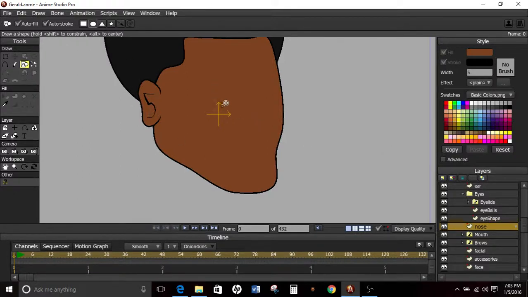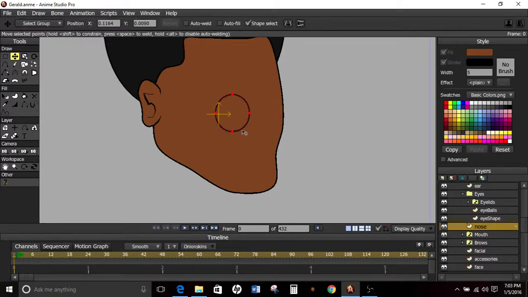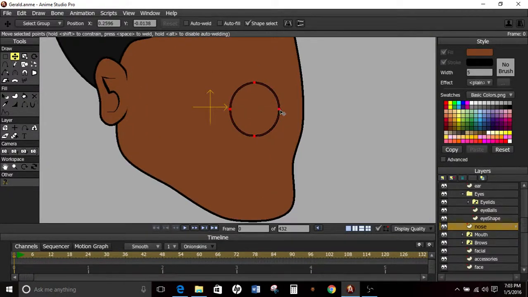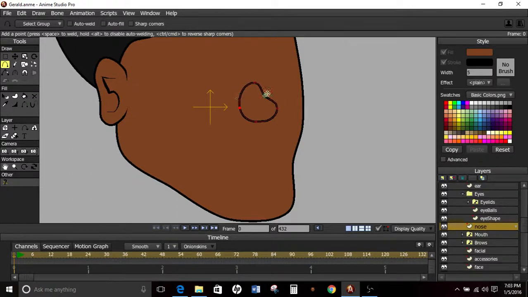So I'm gonna just create a circle. Actually, I don't really need to zero it out right now. Just place it where I want it to be. And we're gonna add some points and move around. And then once I have this done, I just want my nose to be simple. So I'm going to